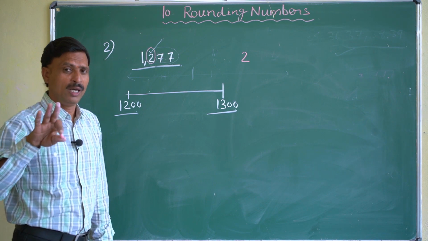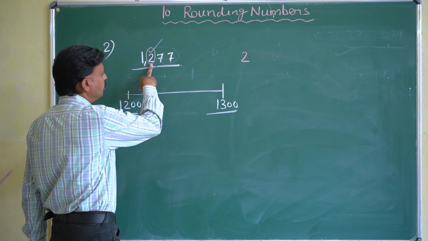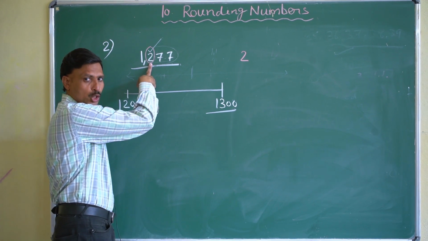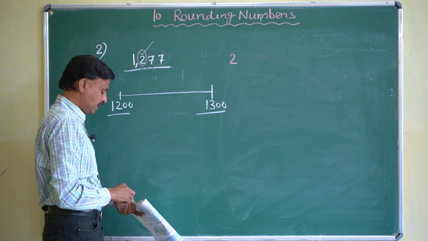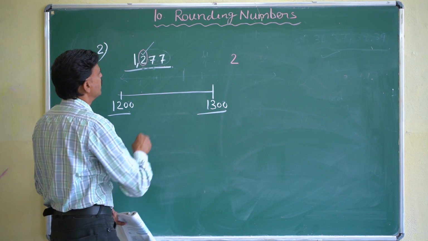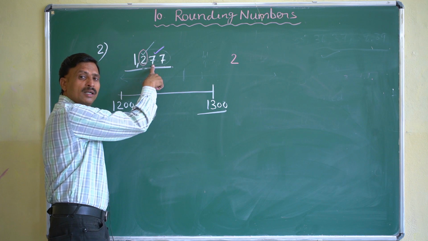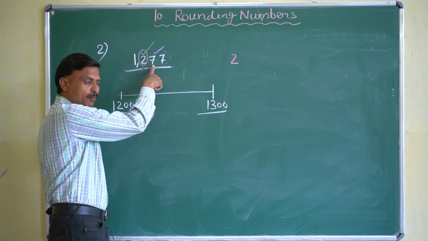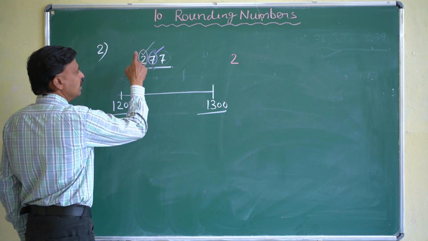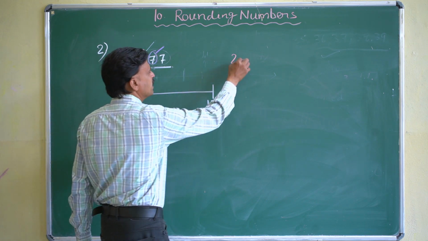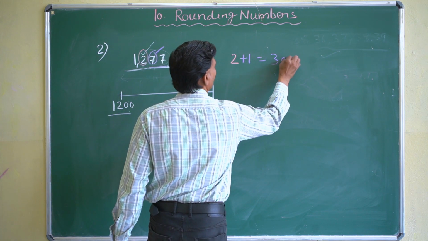Pay full attention and you'll see what I am telling right now. In the 100s place, what is that? 2 in the 100s place. After that, we'll see the 10s place there. In the 10s place, it is 7. In the 100s place is 2, but in the 10s place here 7. Since this is 7, the 100s place value will be increased by 1 and other values become 0.